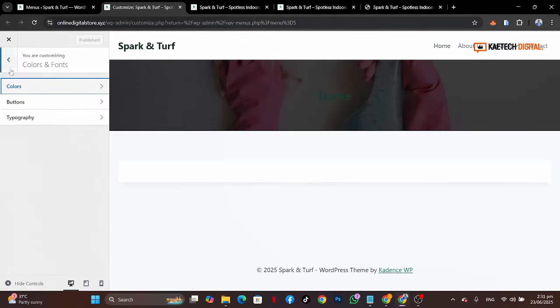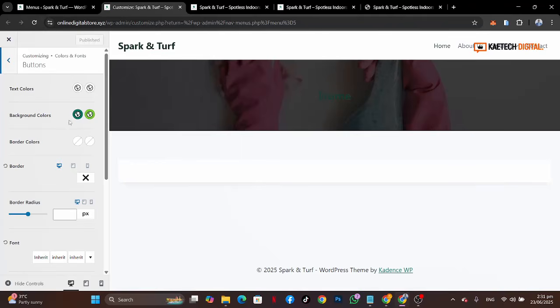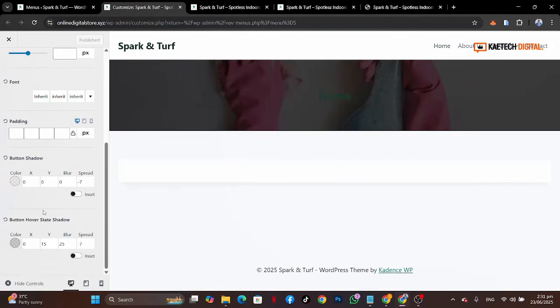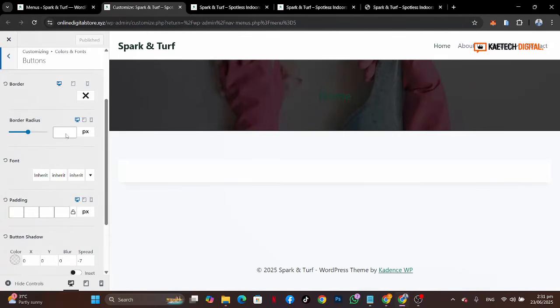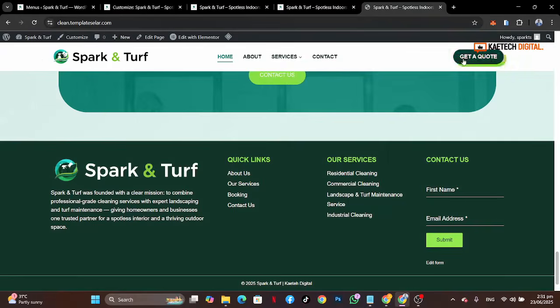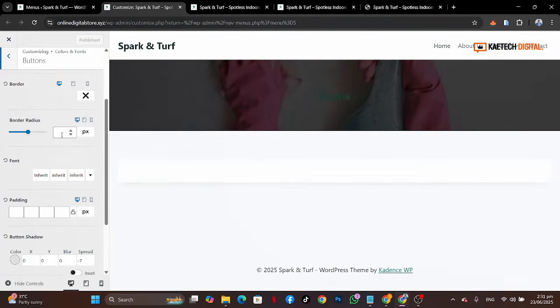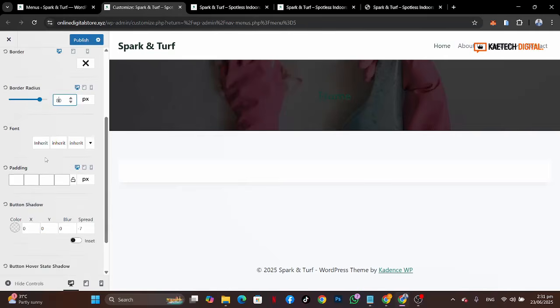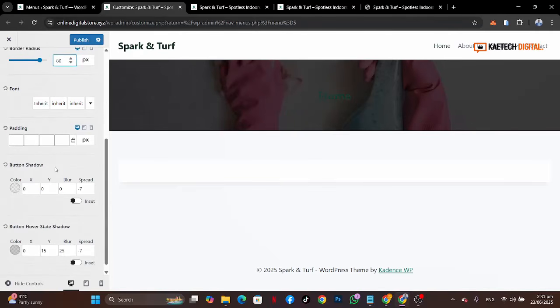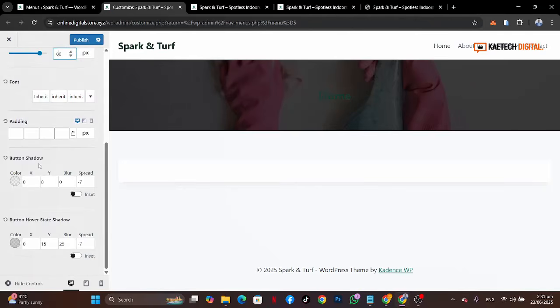Now let's go to buttons over here. So this button is quite okay, and you can even make it nicer depending on how you want it. If you look at how this button looks, we can decide to design it just the way we want it. So we're going to go over here and maybe give it this border radius. Let me give it like an 80 border radius, and then when you come down over here, you can go ahead and change the